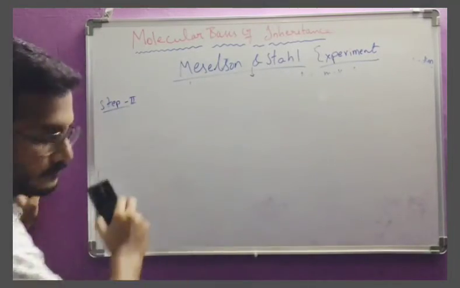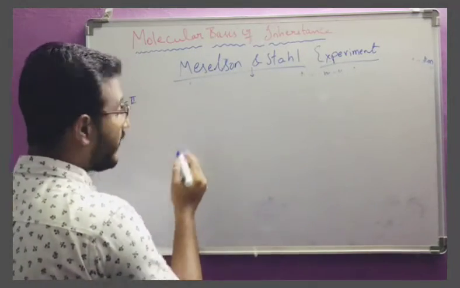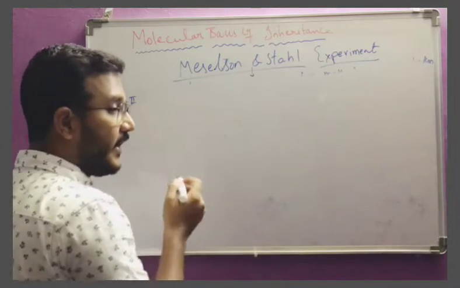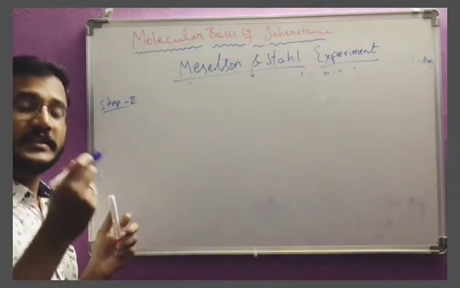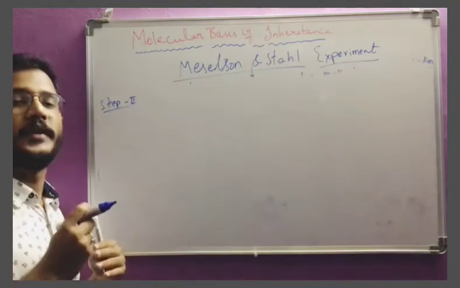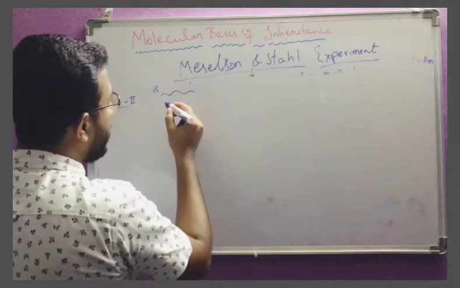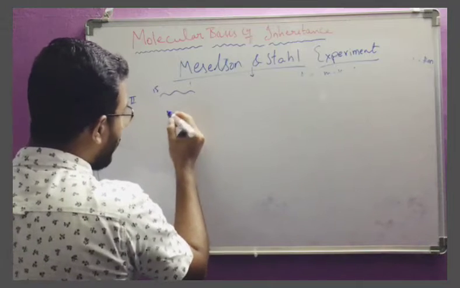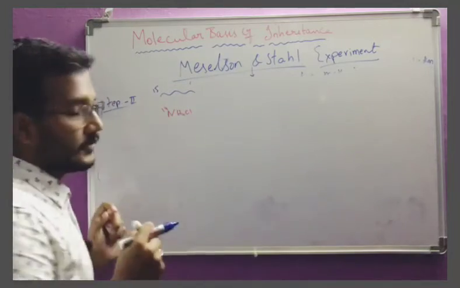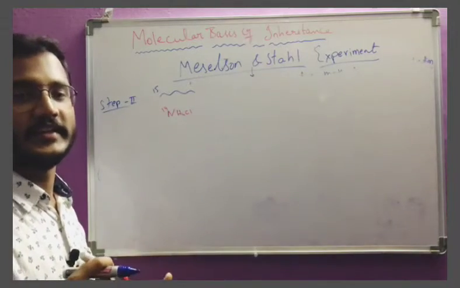Now what happened? That bacteria was allowed to grow for multiple generations in the nutrient medium. So it starts division, and slowly what will happen? As in the previous step it took N15 medium, now it starts taking N14 medium. So already that E. coli bacteria has N15 in its DNA, and now we are growing it in an N14 medium. Then slowly the bacteria will start taking N14 also. So how the DNA is changed, we will see now.